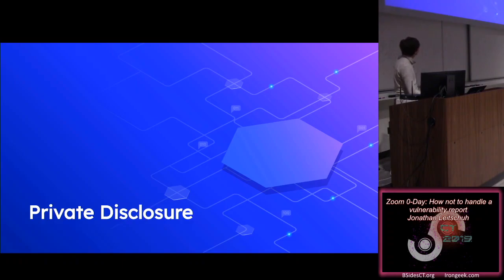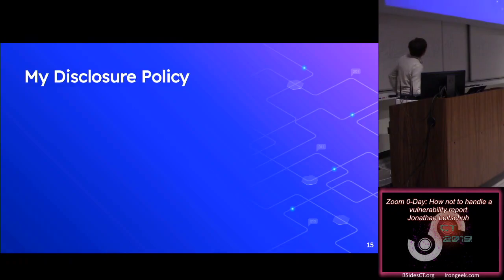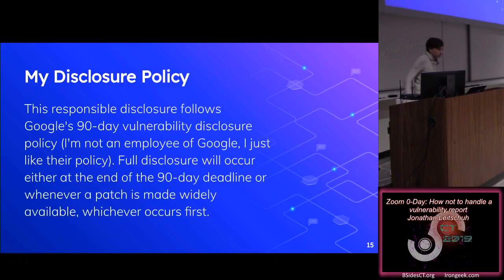The other component to this is I have a disclosure policy. The disclosure policy that I use is this: this responsible disclosure follows Google's 90-day vulnerability disclosure policy. I'm not an employee of Google. I just like their policy. That's something that I put in every email that I send. And something that I've added more recently, since this Zoom vulnerability, is that full disclosure will occur either at the end of the 90-day deadline or whenever a patch is made widely available, whichever occurs first. And so one of the big questions that we want to ask is why 90 days,